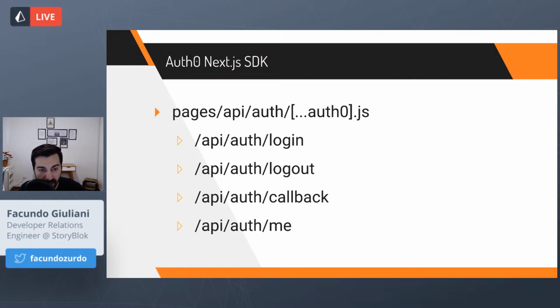If you configure these environment variables and you create one file in this folder, pages, API, auth, and name it [...auth0].js. If you know about Next.js, that is a dynamic route, which means that it can change the slug that we are using to browse that page. Inside the API folder, we will have all the API routes of our web application, which are the serverless functions, let's say. And if we create a folder called auth, and inside that folder we create this file,